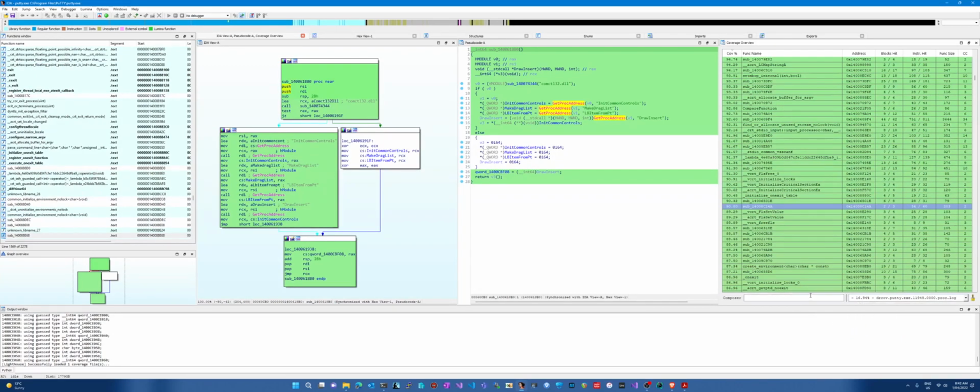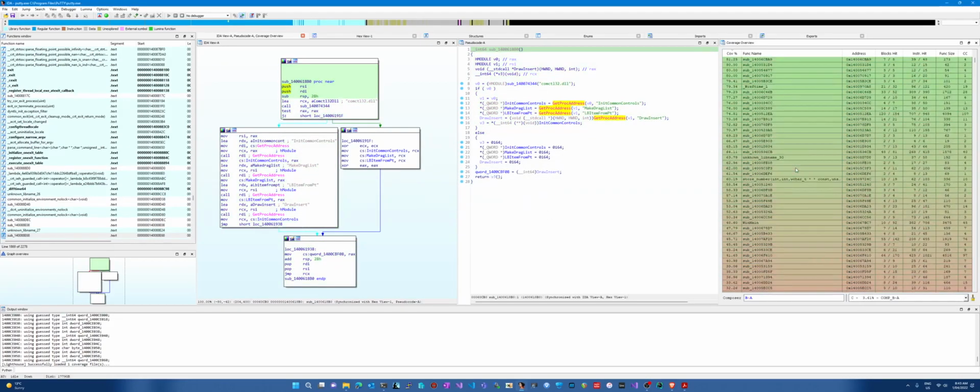In fact, I can do arithmetic. I can say, show me all the code in B that doesn't exist in A by doing B minus A. By doing B minus A, I'm seeing all the code that I hit the second time I ran it, but excluding the common code between the second time and the first time. Which means if I go to main,